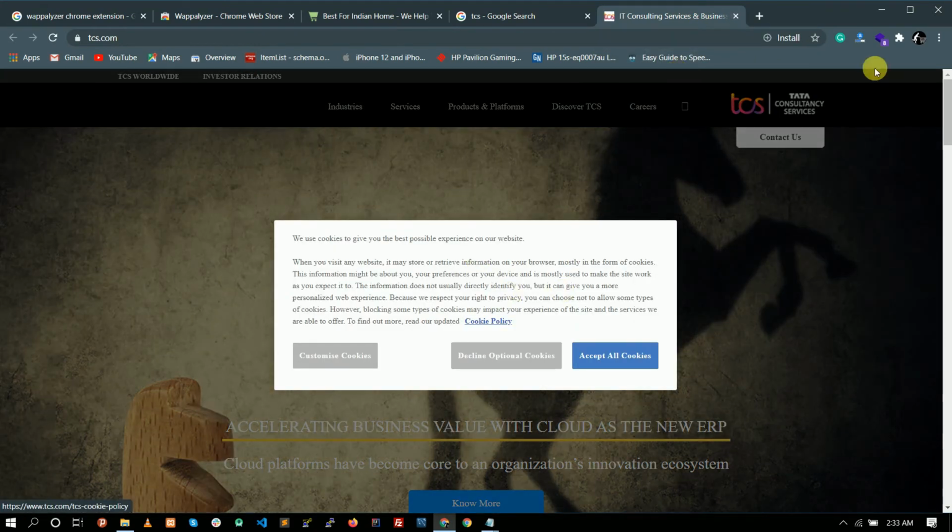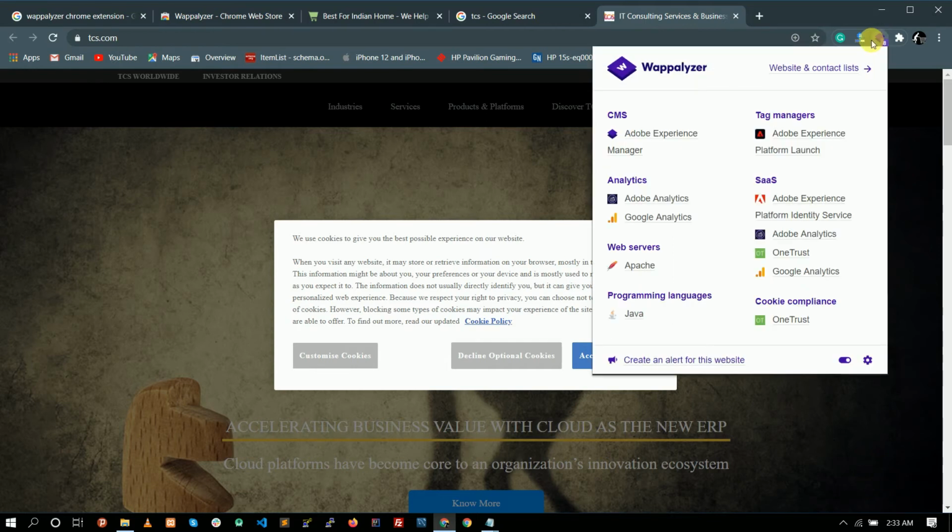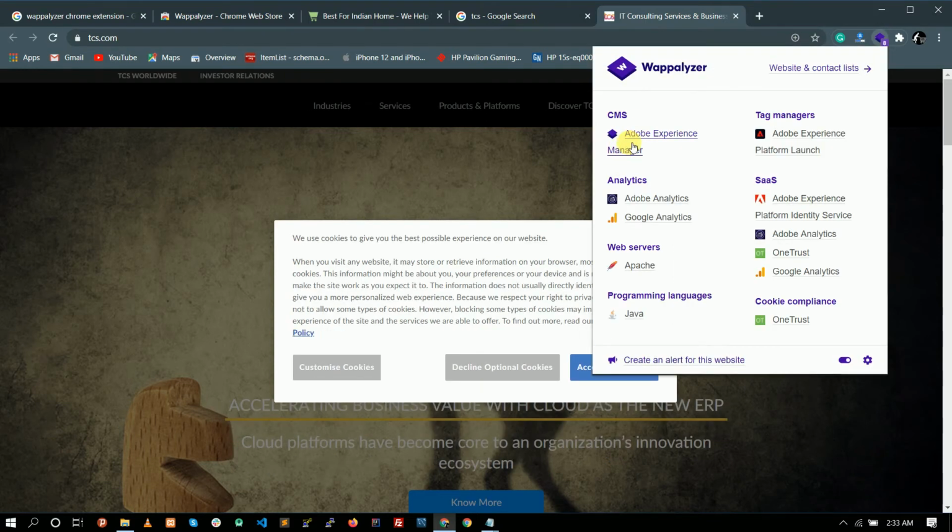So let me reload this, or let me go to Wappalyzer. Here you can see it uses Adobe Experience Manager as CMS. The programming language is Java, web server Apache. Okay, so here you can see some SaaS, software as a service, and tag managers. So these are the technology stack present behind this tcs.com website.